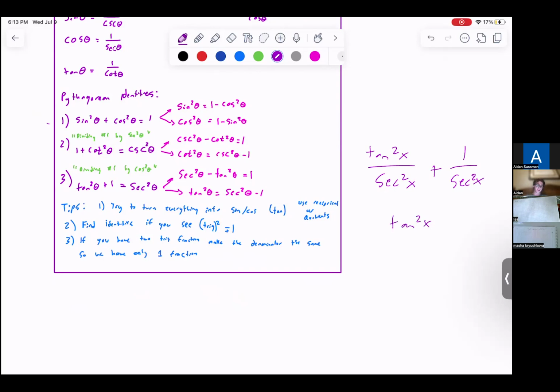So this is the same thing as tangent squared plus 1 all over secant x squared. You could also say, let's say maybe this was actually a cosecant. Well, now we need to make the denominators the same. And we would do that just by multiplying this top over here by cosecant squared, and this 1 by secant squared. And now the bottom